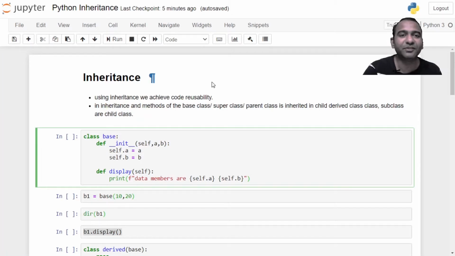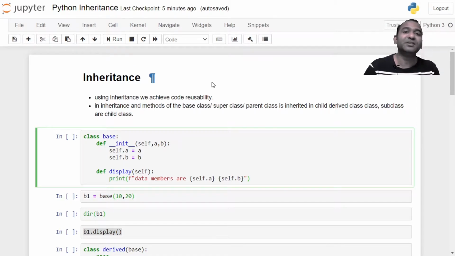Inheritance is one of the features of object-oriented programming languages. Using inheritance, we achieve code reusability, meaning already written code is used to write new code. As you are not writing the code from scratch, your development time reduces and you are already using tried and tested code. Therefore, the reliability of the resultant code after inheritance increases.